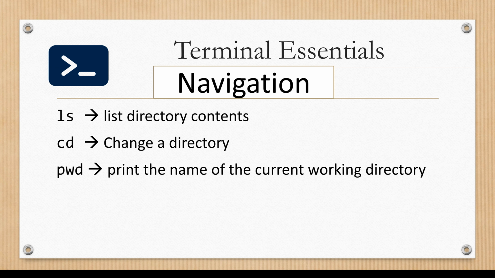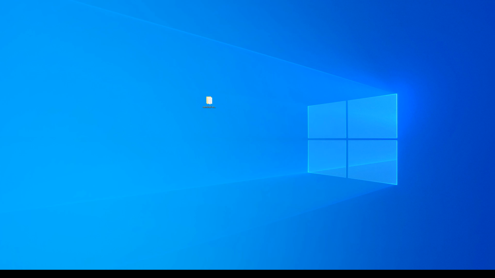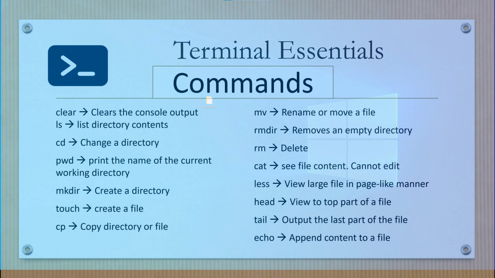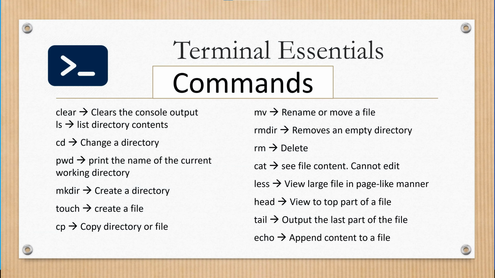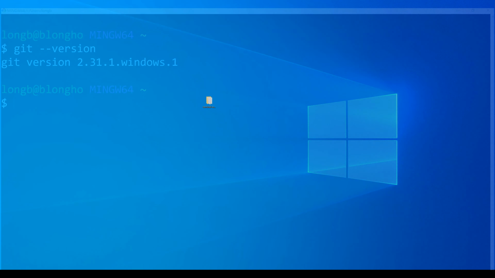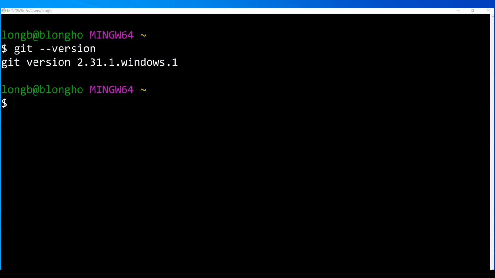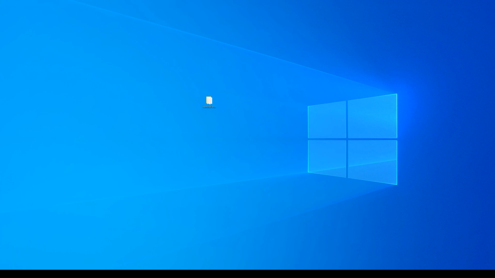Let us start with the ls command and see how that is done in the terminal. I am using Windows, and because of that, I am using Git Bash for Windows for this tutorial. This is because Windows does not have an inbuilt interpreter for the commands that we'll be using. The commands in this course are all cross-platform. If you don't have Git Bash for Windows installed on your Windows computer, you can click on this video on your left to see how you can install Git Bash for Windows.